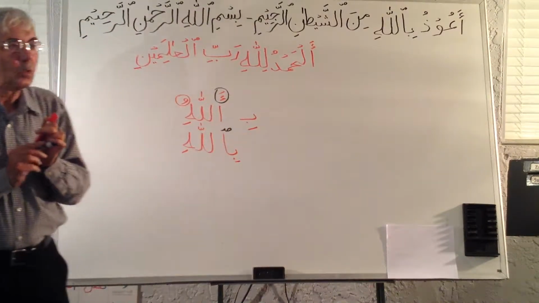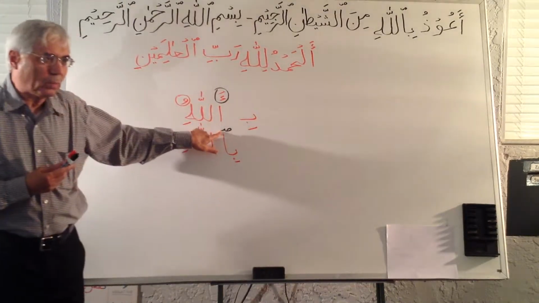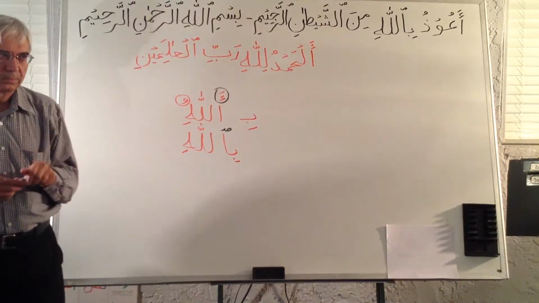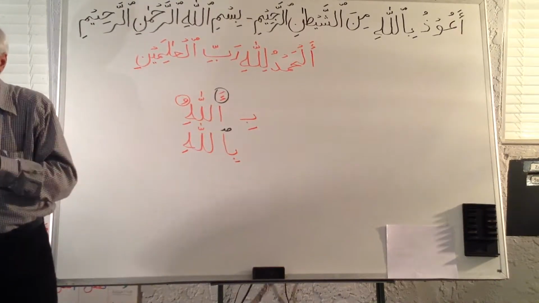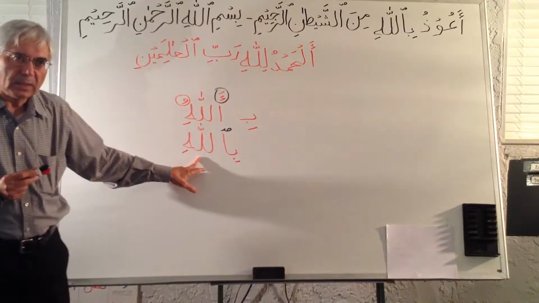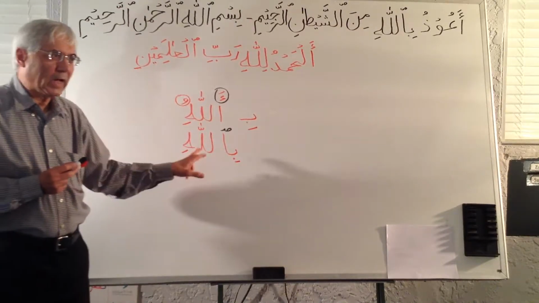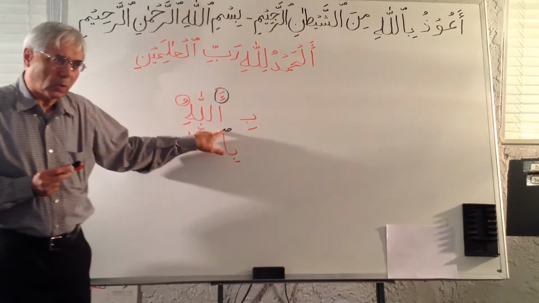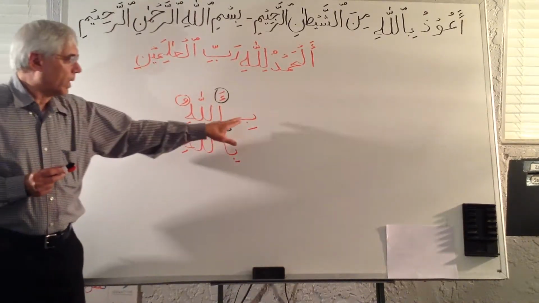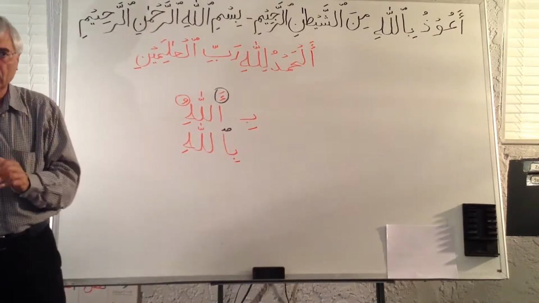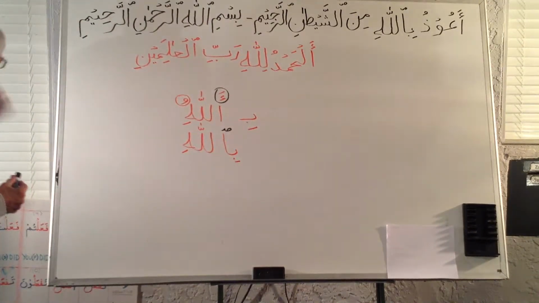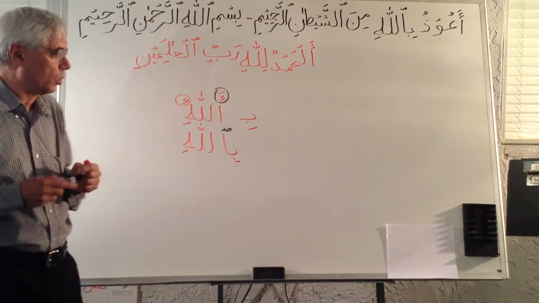So what is the meaning of this little symbol on top of the alif? The meaning is: do not pronounce the alif. Pronounce Billahi. So in writing we put a little swad, and in pronunciation we do not pronounce it at all. We combine B with the lam, Billahi, and the alif has a little swad on it. So the word is now Billahi. Now let's learn one more thing.